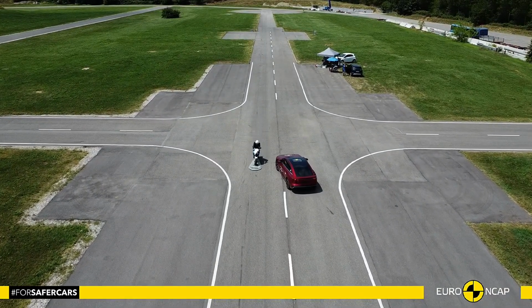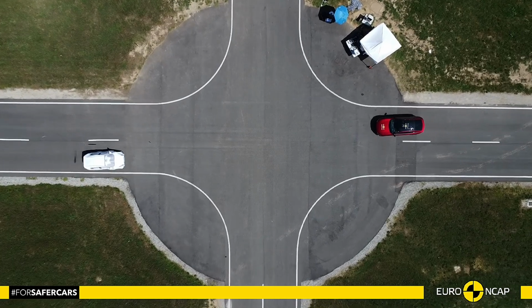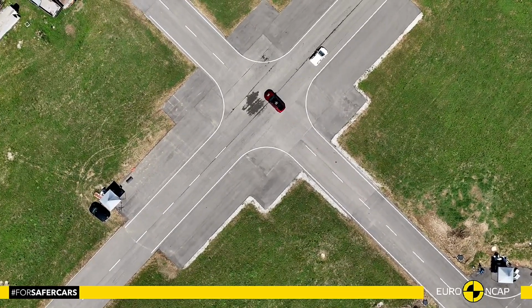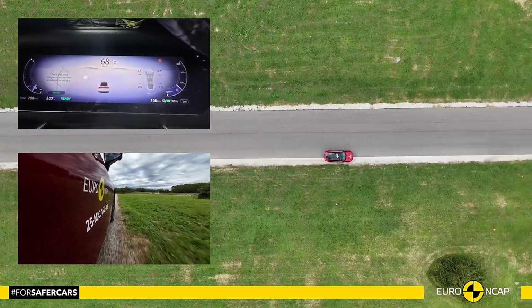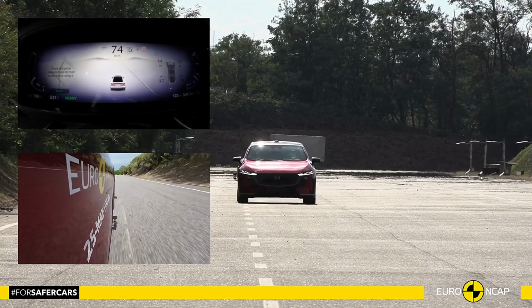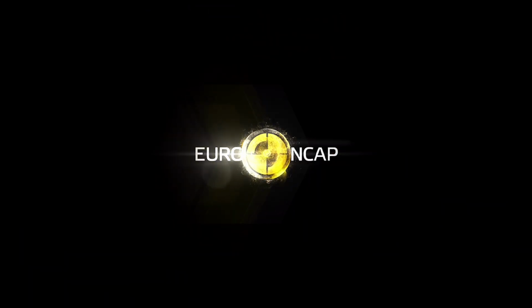Mazda 6e scored 77% in safety assist tests. Overall, the performance of the autonomous emergency braking system was good in tests of its reaction to other vehicles. The car has a direct driver status monitoring system as standard, detecting driver fatigue and some types of distraction. The lane support system gently corrects the vehicle's path if it is drifting out of lane and also intervenes in some more critical situations,